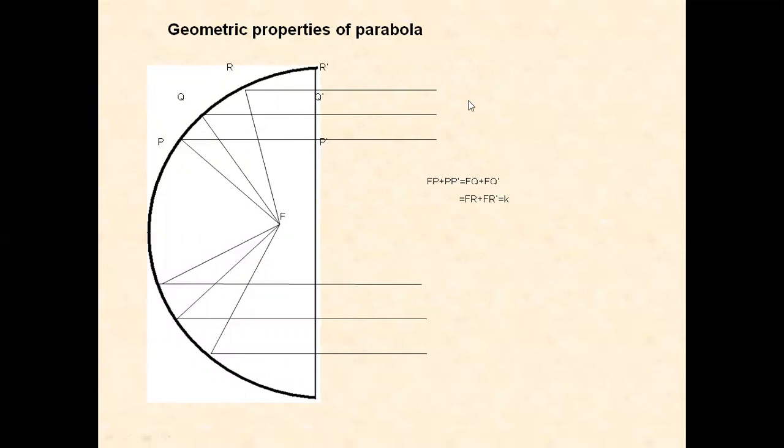Due to that, when the waves coming from the transmitter strike the parabola surface, they will be reflected, and these parallel rays are made into spherical waves, and all these waves are available at the focus point. At the focus point, we connect the feed antenna, which is a horn antenna, and we will receive the signal. The feed horn antenna converts these electromagnetic radiations into electrical signal that can be applied to the receiver.